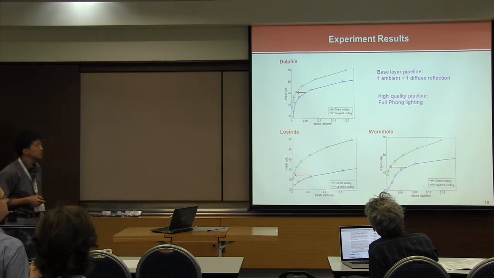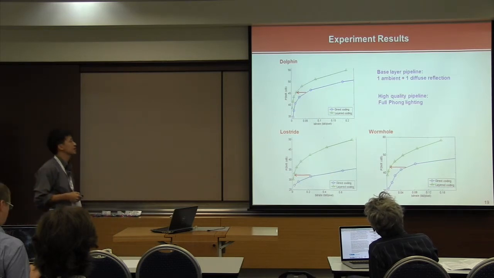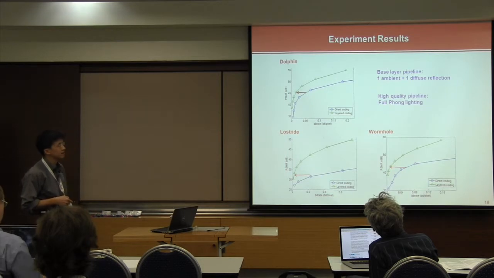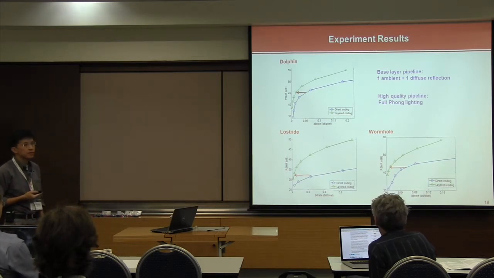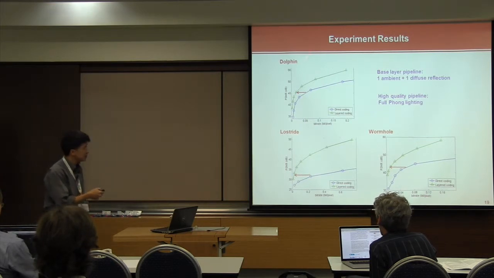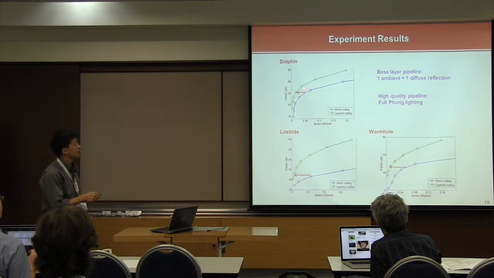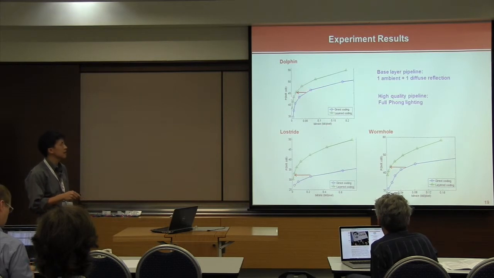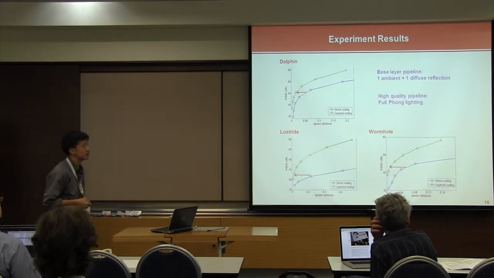And this figure shows the rate distortion comparison between direct coding and layer coding. We have three different game animations with different model capacity and different amounts of object motion. The horizontal axis represents the bit rate, and the vertical axis represents the quality of the game image. The green one is layer coding, and the blue one is direct coding. As you can observe, our layer coding can achieve substantial bandwidth reduction with respect to what people are currently doing.